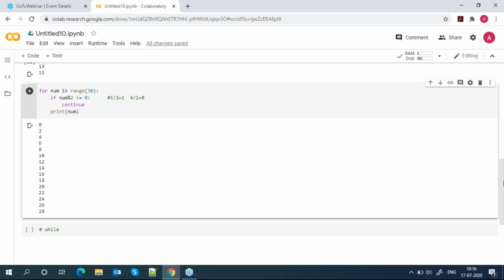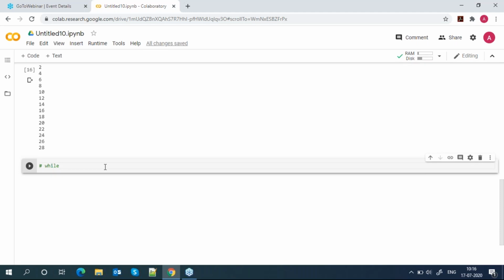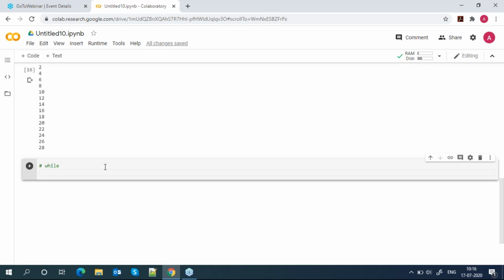Any question, confusion? No. Okay then, in the case of the while loop, how is it working? As I told you previously also, while will run the loop again and again till your condition is true. Once your condition is false, it will exit. In a while loop we can also create an infinite loop. Let's create a first infinite loop.